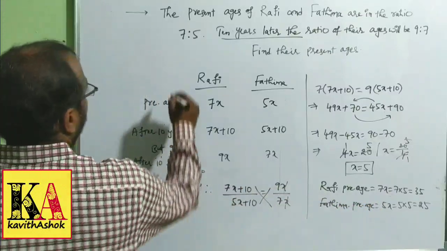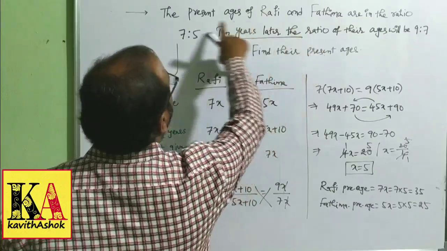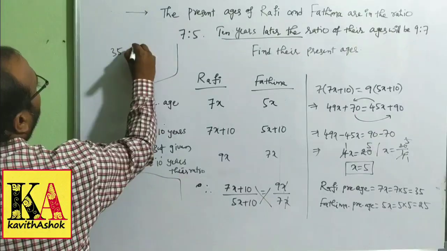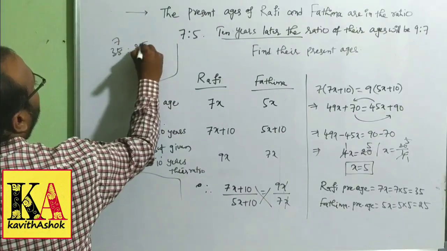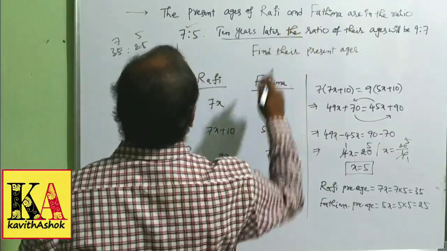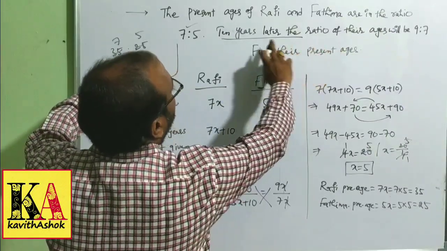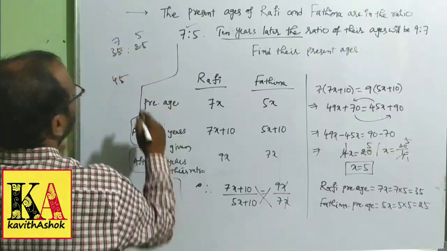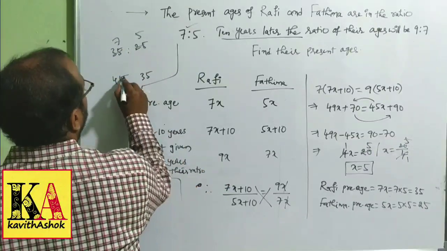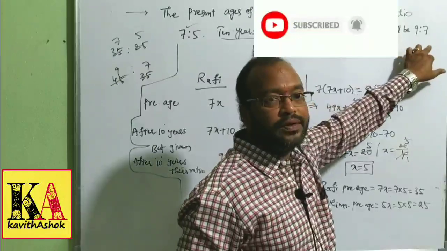Now we will check once. Okay. What is given here? Their present ages are in the ratio 7:5. Look at now, 35 and 25. 5 sevens are 35, 5 fives are 25. Yes, the ratio is 7:5. 10 years later, 35 will become 45, and yes, 25 will become 35. After 10 years, their ages increase by 10 years. Again, 5 nines are 45, 5 sevens are 35. Then what will it become? 9:7. So like this, we can calculate the answer.